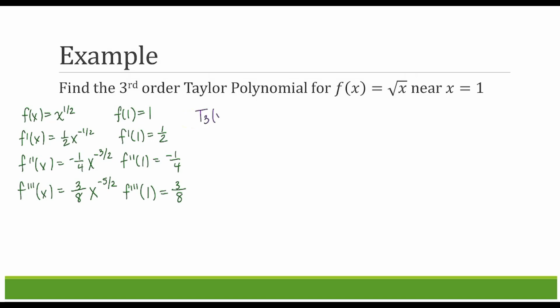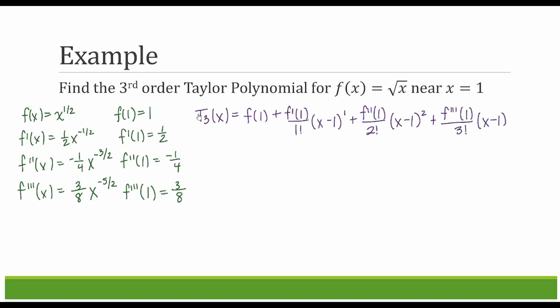So T sub 3 of x, in general, I'll write out, we were looking for f of 1 plus f prime of 1 over 1 factorial times x minus a, being 1, to the first, plus the second derivative at 1 over 2 factorial times x minus 1 squared, and the third derivative at 1 over 3 factorial times x minus 1 to the third. So this is the general formula,